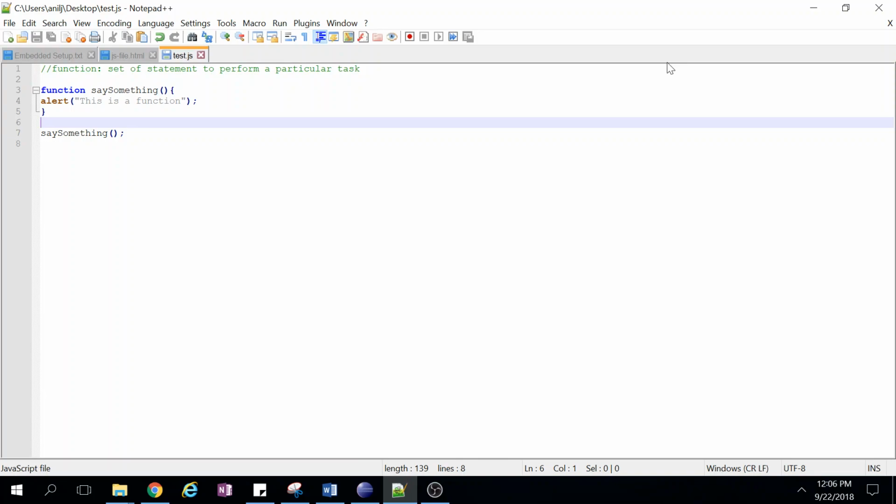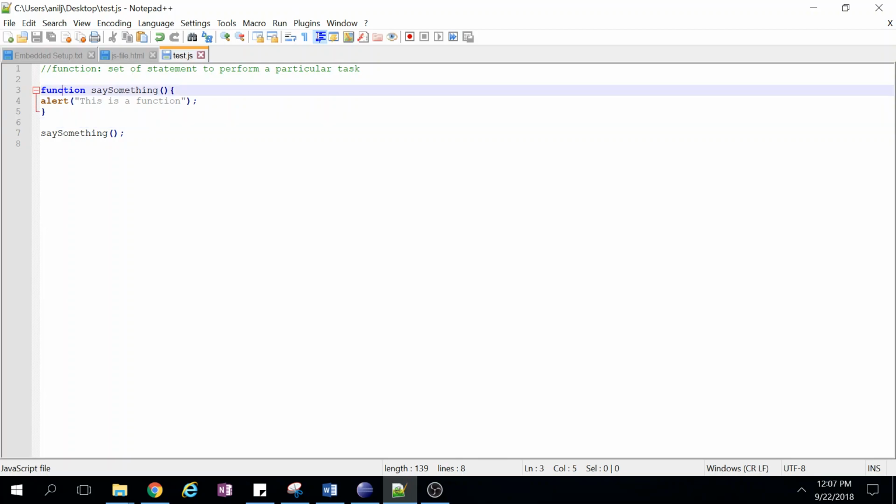Okay. So to define a function in JavaScript, you use the function keyword. Okay. And then give the name of the function. It can be anything, but it must start with an underscore or a character, not with a number. If you put a number, it will be an error. Then you have to put these two braces,